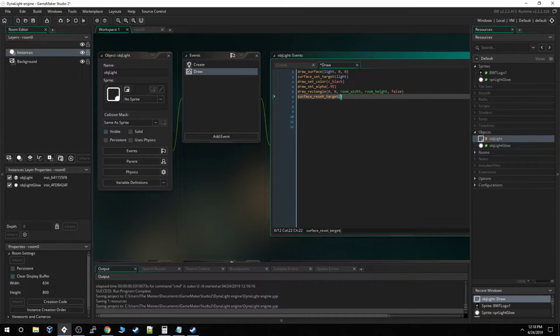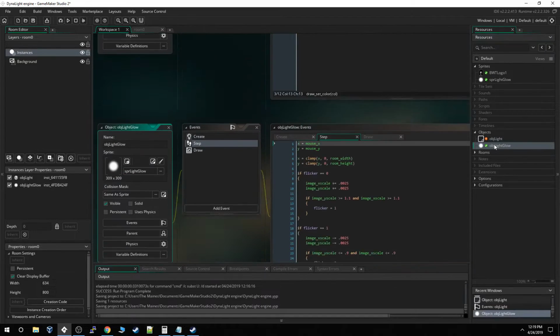close up everything, because otherwise, if in another piece of code I'm drawing something, and I haven't reset the target, it's going to draw it to the last pointed to surface. And then the actual light image itself,